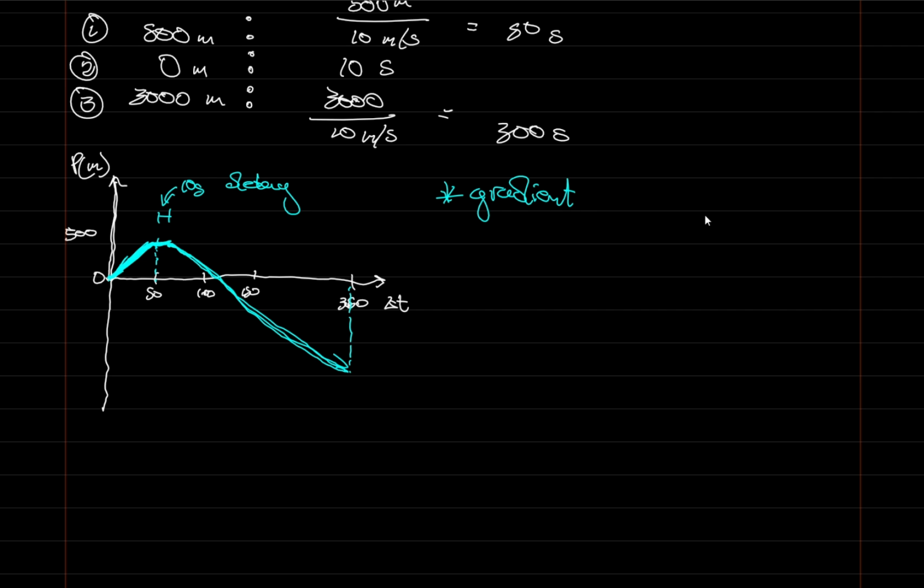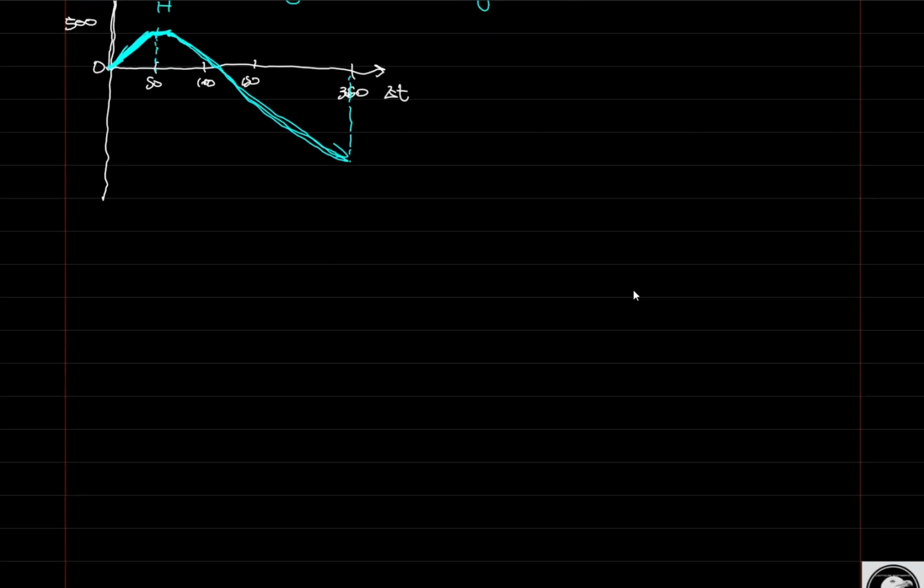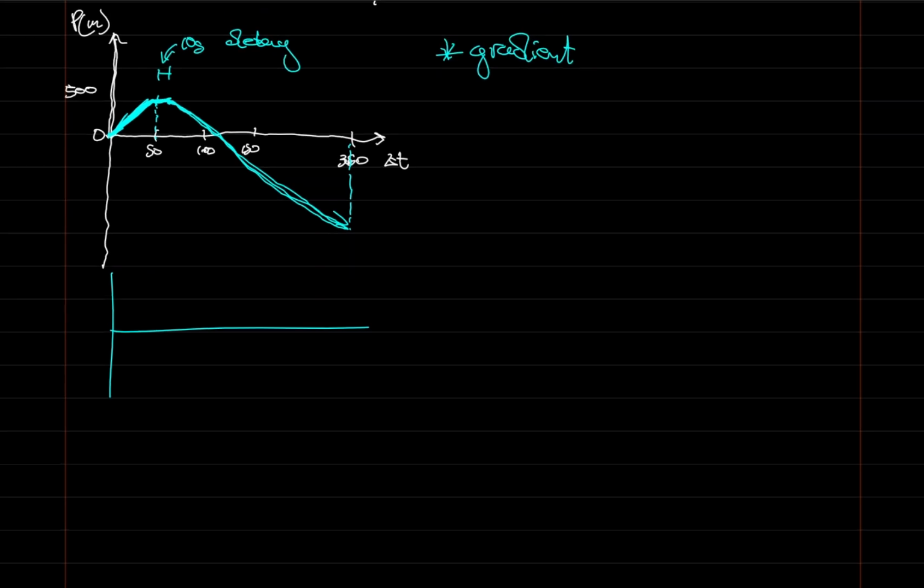You'd use the gradient, and I would advise you to draw it directly under this graph. By drawing it directly under, those are actually cool lines. You would draw it under this graph, making sure that this is your v and this is your t. Then using the gradients, you would end up with something like this. This one would represent 10 seconds, then it would be an asymptote, and then this would be another time